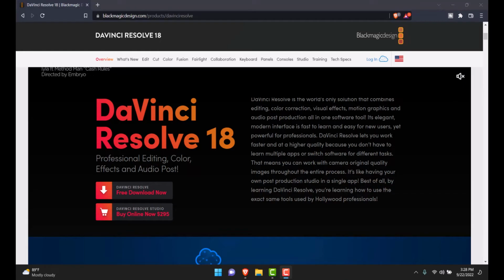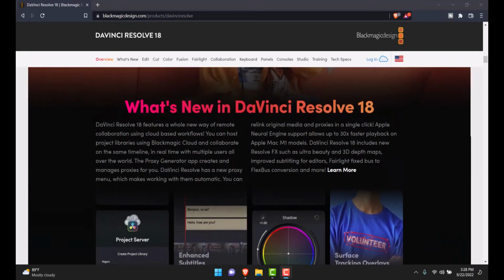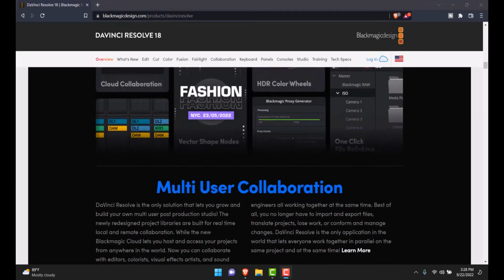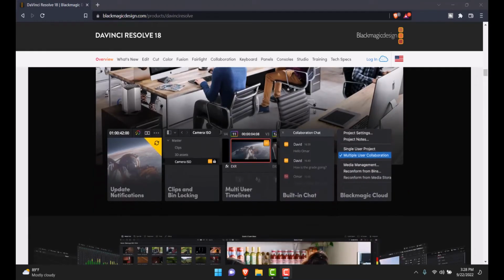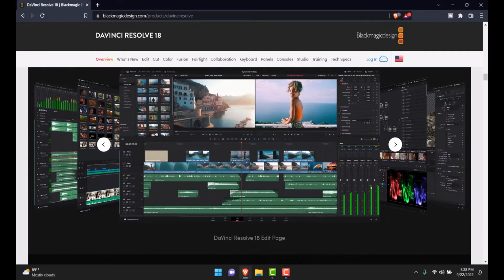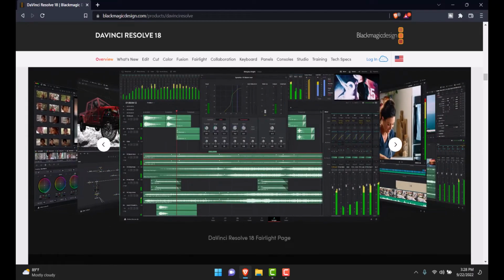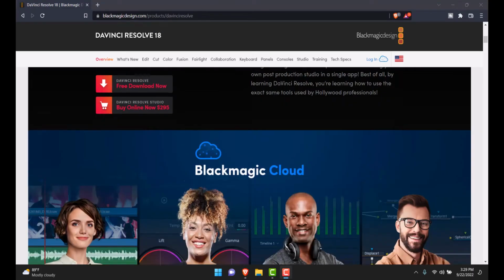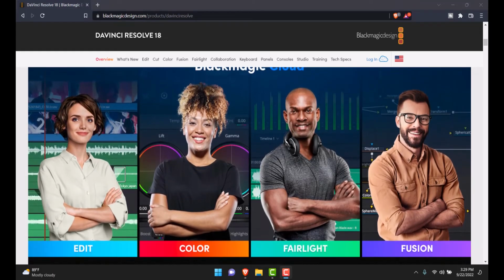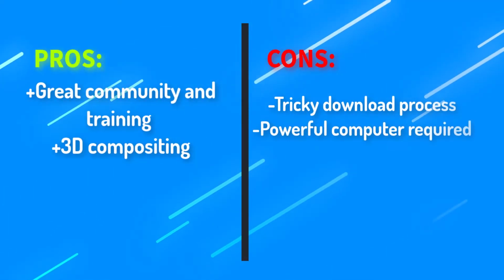At the number 1 spot, we have DaVinci Resolve. This is the single best free editing software for advanced video editors. This software is a straight competitor to other advanced softwares like Premiere Pro. It has all the tools needed for professional editing like color correction and post-audio production. It also provides collaborative working, which might be helpful in a team project. It comes with different dedicated interfaces to audio, color, and cutting. The free version provides you with all the features you need to begin or upgrade your content creation journey. Here are the pros and cons of DaVinci Resolve.